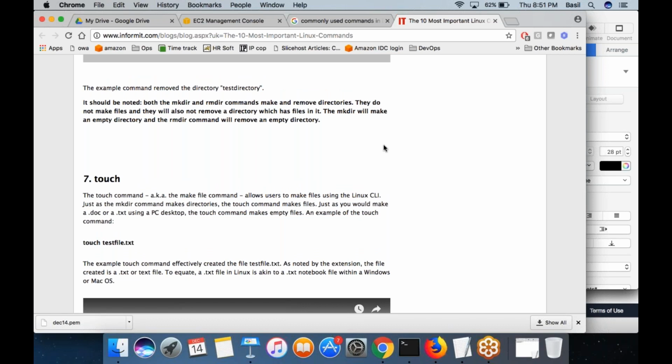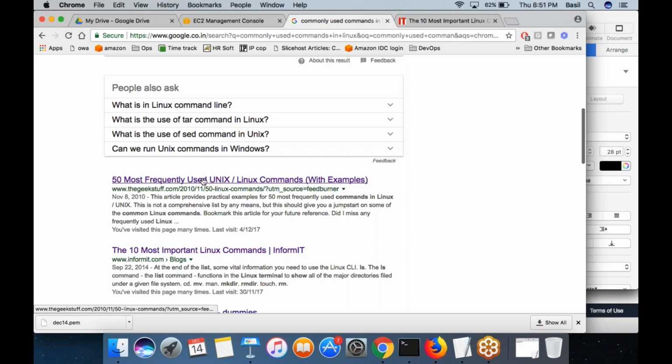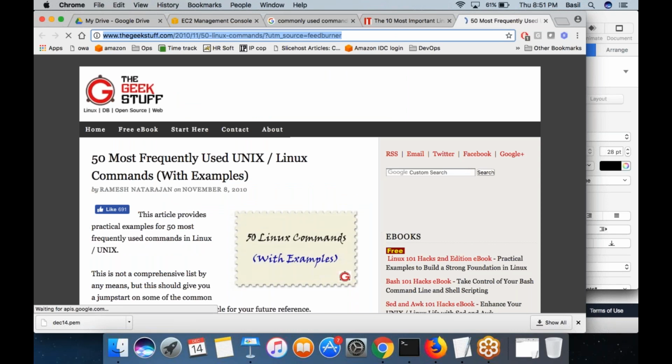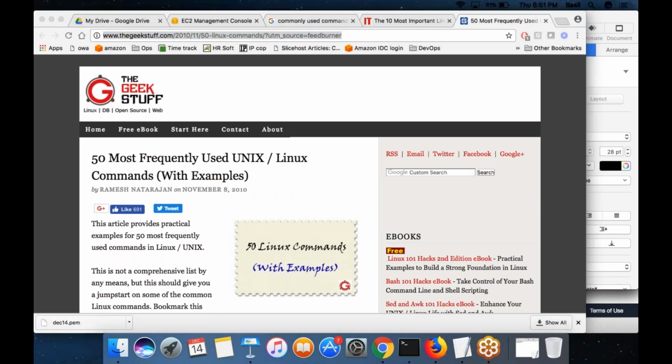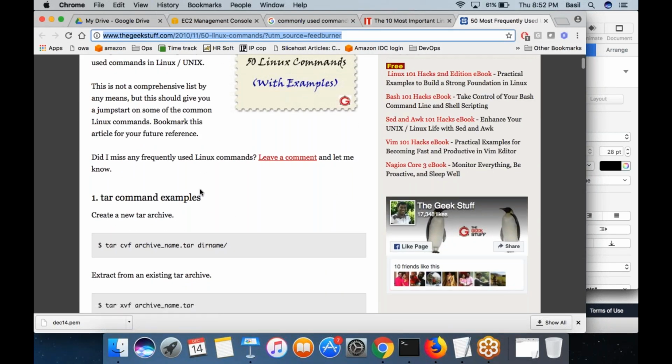Unless you work with the Linux command line, you will never get comfortable with it, for sure, right? It's very important. Starting from today, whatever commands you can run, in the same page the second link would show you the 50 most frequently used commands in Linux. Go through these commands also. I am sending two links. The first link gives you 10 commands. The second link gives you 50 commands, which are very useful.